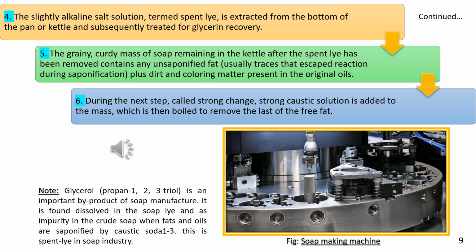So now you can understand that in this process the glycerol, with a high boiling point of 290 degrees centigrade, can be separated from the spent lye by the distillation process, and it requires reduced pressure. This process is used to purify liquids having high boiling points. By this process, the liquid is made to boil at a lower temperature than its boiling point by lowering the pressure on its surface.